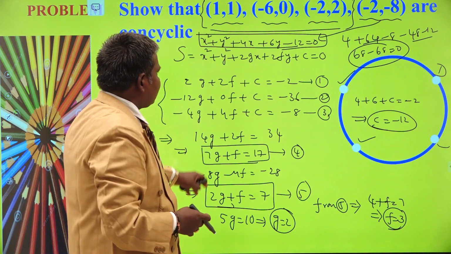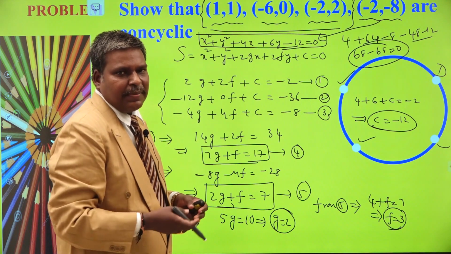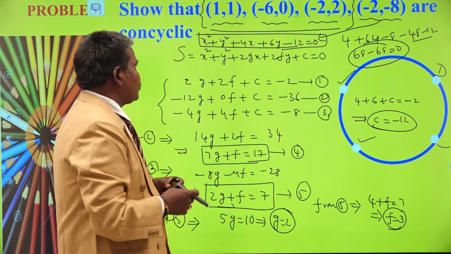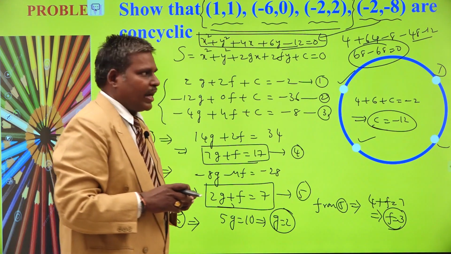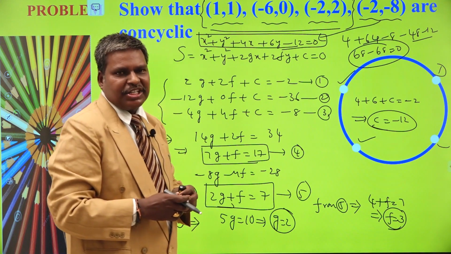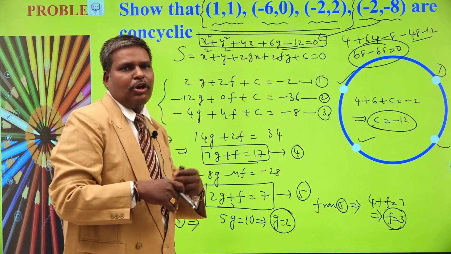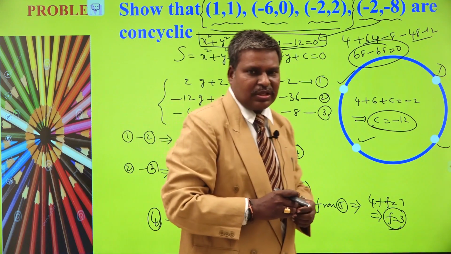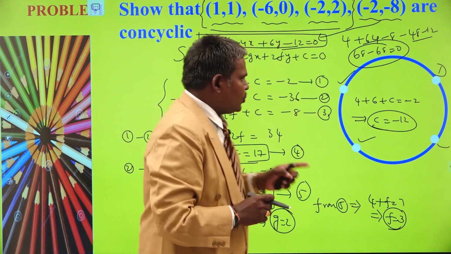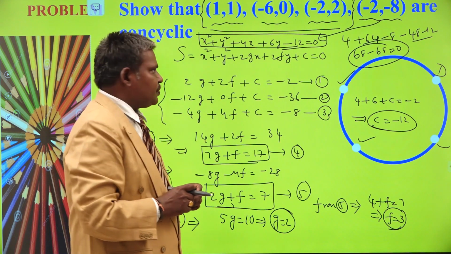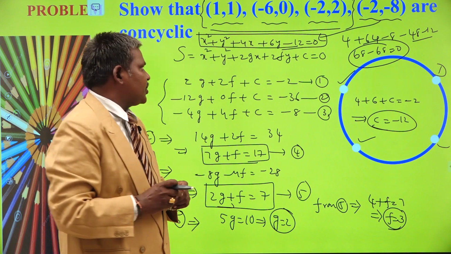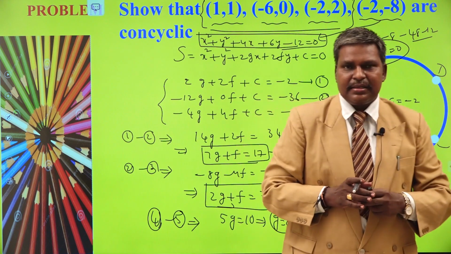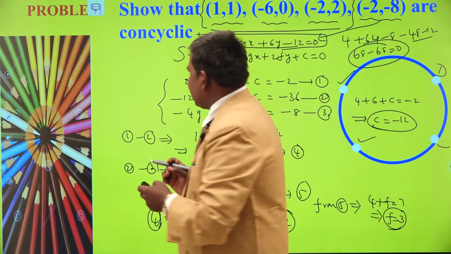To find the equation of the circle passing through the 3 points, we may use any method we have discussed. You can write the shortcut when it is an objective question. If it is a subjective question, taking S equal to 0 is the best method, or you can find the center followed by radius. You can write (x minus x1) whole square plus (y minus y1) whole square equal to r square, which is also a good method. So don't use the S plus lambda L equals 0 method in subjective; it is better to use in the objective mode. Okay, this is the way to show that the given 4 points are concyclic. Understand? Let us see the next concept.